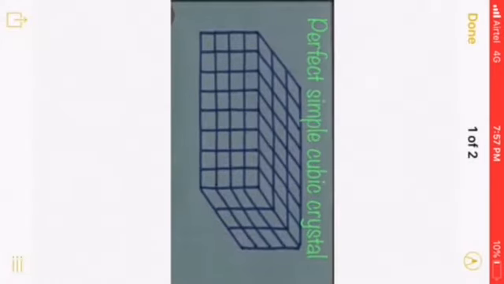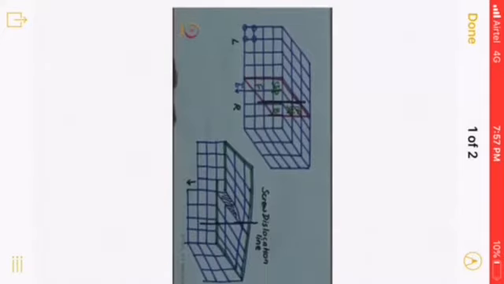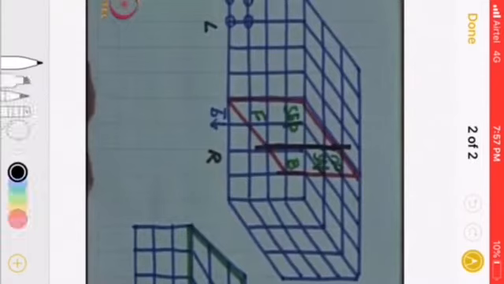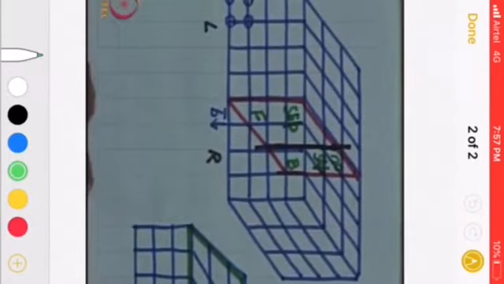Here we have a perfect simple cubic crystal. If I want to create a defect in this crystal to have a screw dislocation, let me assume the red vertical plane as my slip plane. The red vertical plane divides the crystal into two halves, left and right. Let us say that the right half slips with respect to the left half to create the dislocation line.